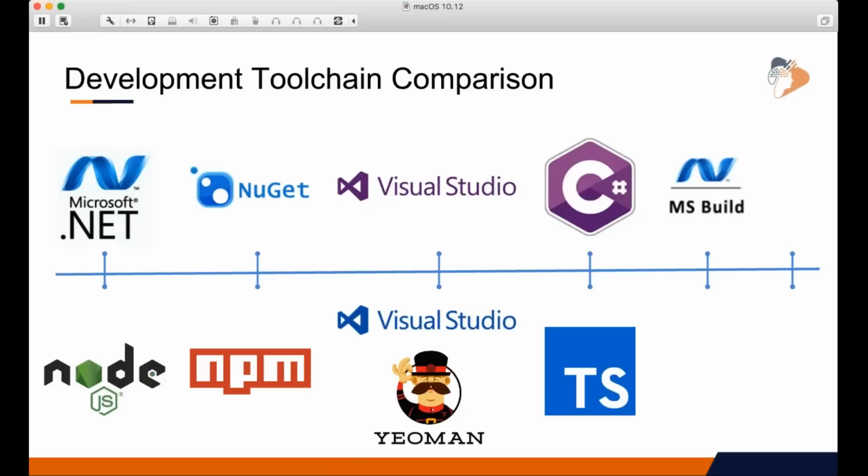Now, what about the build toolchain? Well, under the covers, when you install Visual Studio, you get MS Build, and that's the task runner that is used to run stuff like compile projects and all that. Over in the Node world, we have all these other tools we can use, like Make or Grunt or Gulp. We use the one called Gulp, and it works the exact same way as MS Build, except that MS Build uses XML files to define tasks, like compiling stuff, packaging files together, shipping them somewhere. We use JavaScript and Gulp to do the exact same thing.